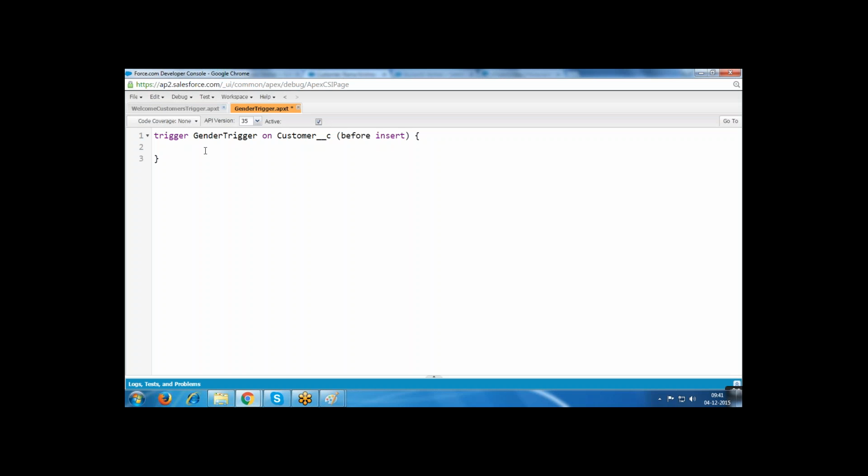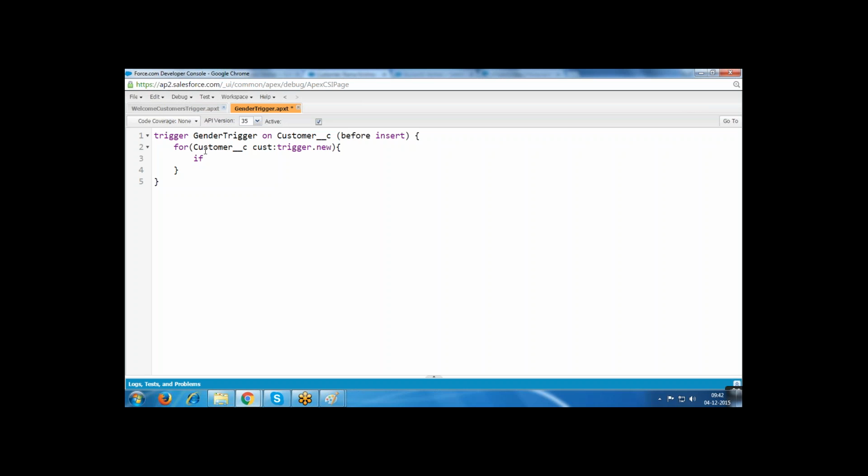Now for loop, customer__c cust colon trigger.new. Before insert only I'm inserting.